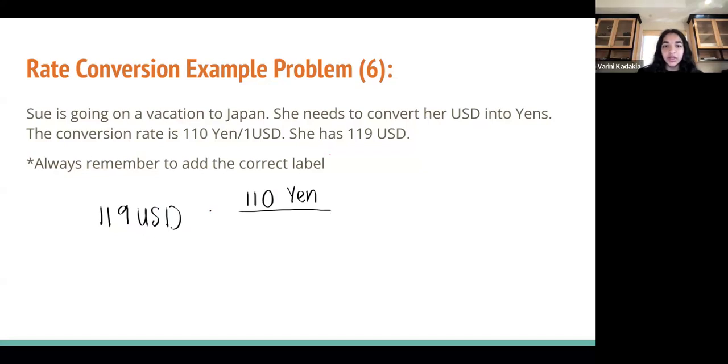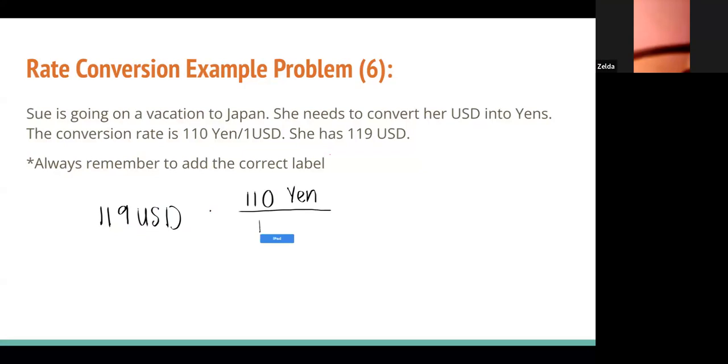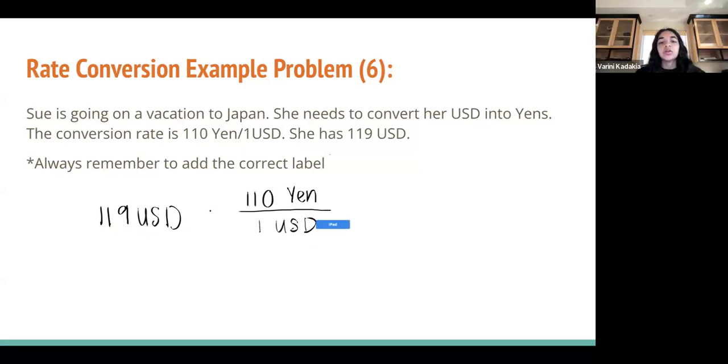Okay, so there's 110 yen in 1 US dollar. We need to figure out how many yen is equivalent to 119 US dollars. There are two ways we can do this. One way is just how I've written it. The way this works is that you can treat your units like numbers. So when you multiply 119 US dollars times 110 yen over 1 US dollar, you can actually cancel these US